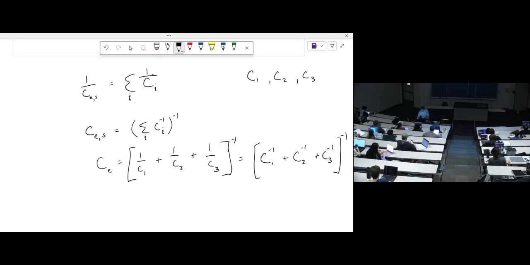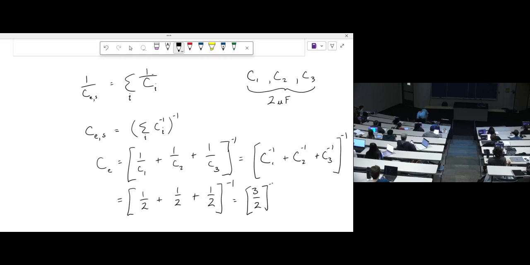Taking the inverse of that, if each one of these is 1 microfarad, well, that would end up being equal to, or no, let's do 2, just so it's easier to see. 2 microfarad. Then that's going to be 1 over 2 plus 1 over 2 plus 1 over 2, inverse. That's going to be equal to 3 over 2, taking the inverse. That comes out to be 2/3 microfarad,